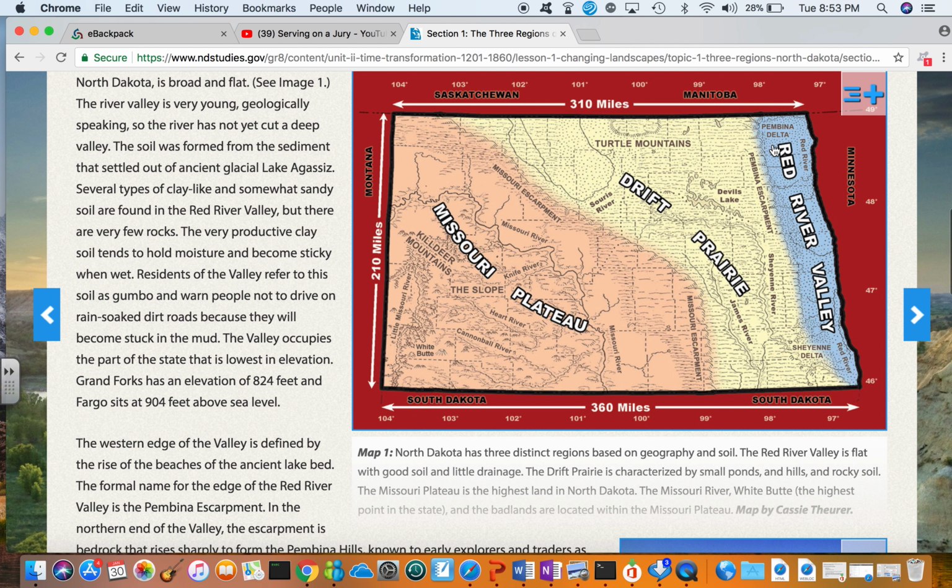But the Red River Valley is the smallest of the three North Dakota regions, as you can see. It's narrower on the southern side, and it's wider as we go north. So if we drew hypothetically a straight line down from the northern tier of the Red River Valley, you'd almost hit Oaks. So when we look at it, it's kind of that long, skinny area right here on this side too, bordered by the Red River in Minnesota. So if we go back to our slideshow,